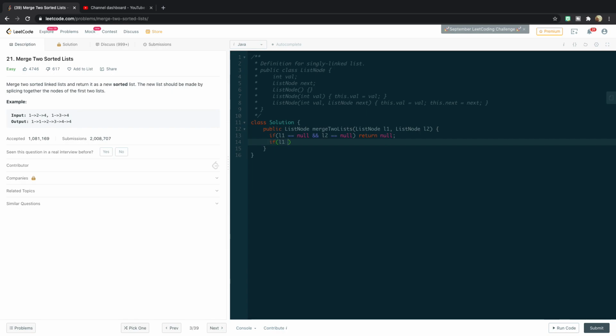If L1 is equal to null, return L2, and then if L2 is equal to null, return L1. All right, so that handles all of our base cases, right? And then we want to say if